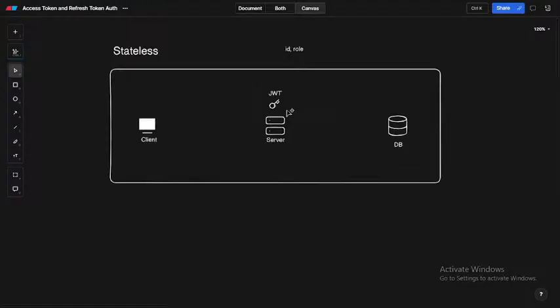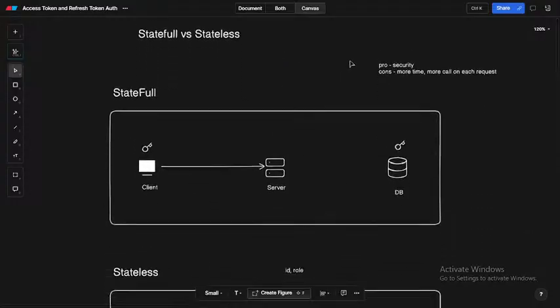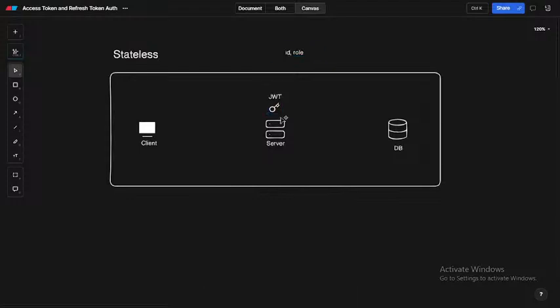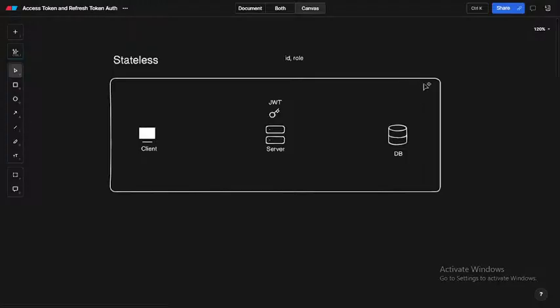So with that, we don't have to store the tokens in the database, and it is fast compared to the stateful authentication because we don't require the extra API call to a database just to check the API keys. So this is the stateless architecture of authentication. So the pro of this architecture would be that it is fast, and I would say just fast. But the cons could be that it is less secure